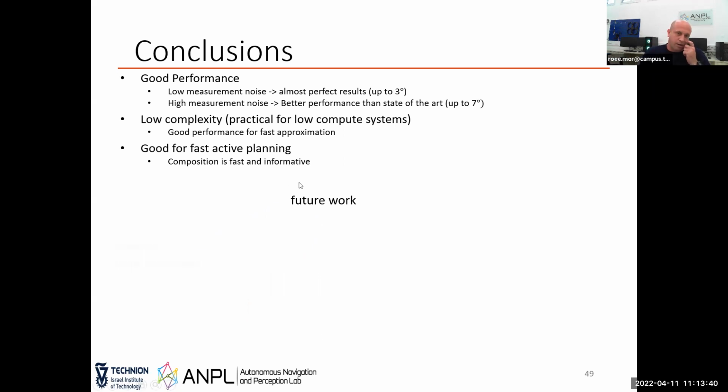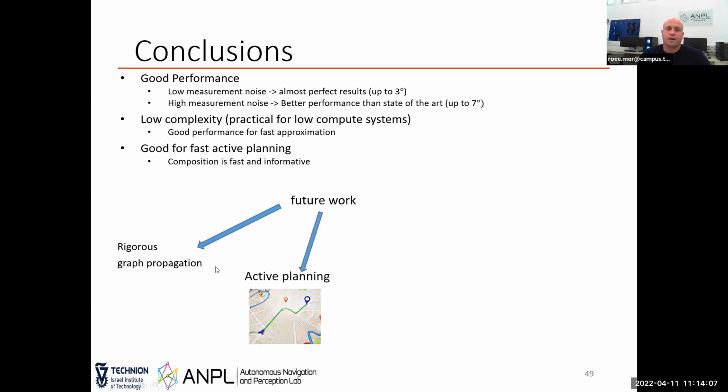So, things we can work on in the future concerning this framework. One is rigorous graph propagation. Okay, we just use a heuristic way to propagate data through the graph just to learn how composition propagates and if it propagates enough data or not. But we didn't find the best way or an optimal way to propagate through the graph. Another obvious research direction is active planning. Okay, using all this framework for planning